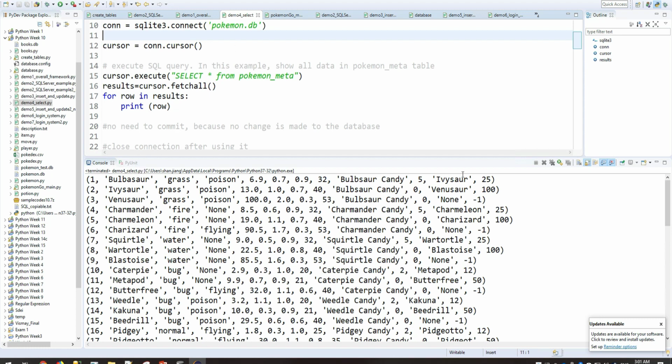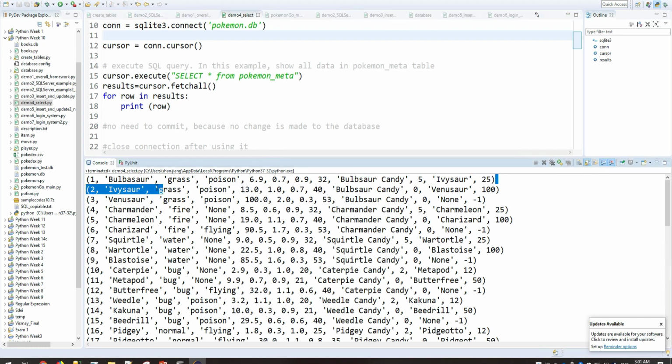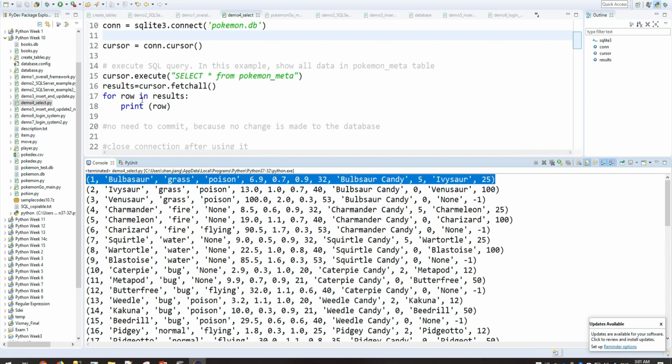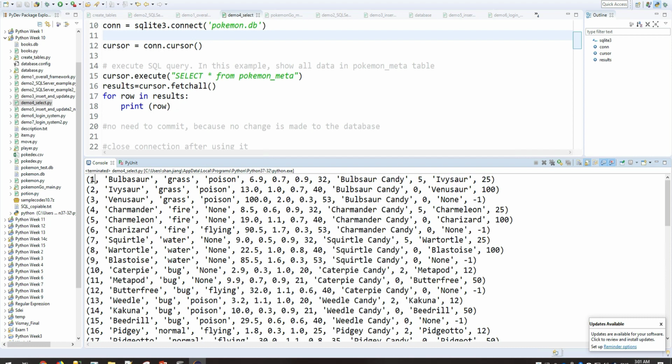Here you can see that each resulting row in this loop is a tuple, where the elements in this tuple are the values of each column in the table.